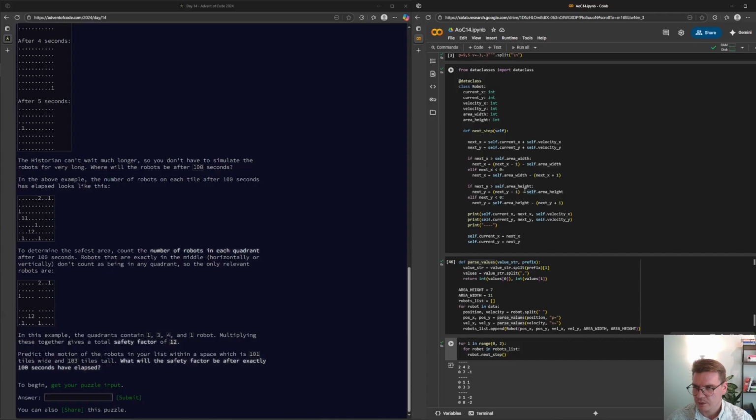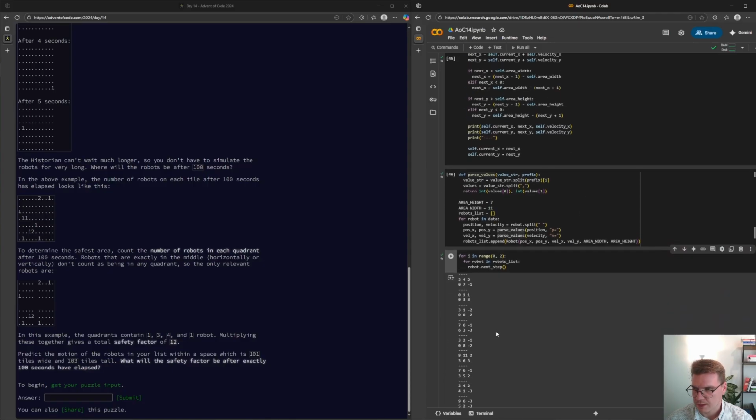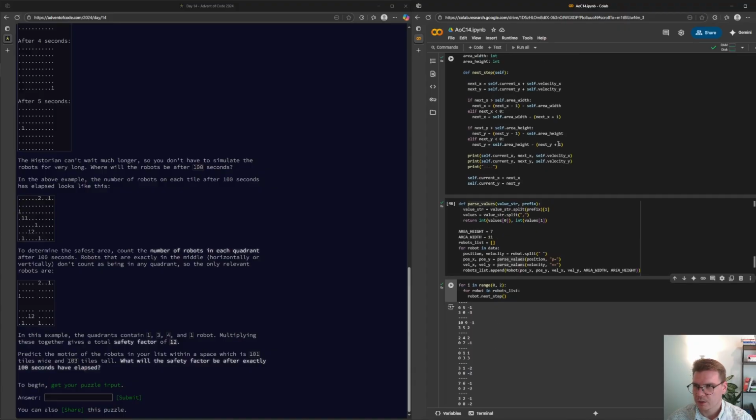Have I actually somehow mixed? No. Okay, that's interesting. So this looks good, but then this doesn't. So if it's -1, -1, it gets nerfed.